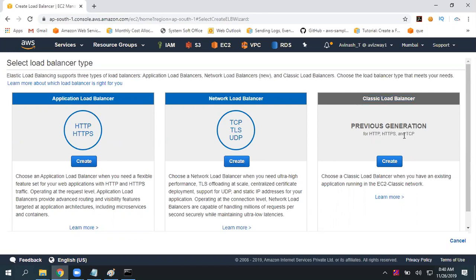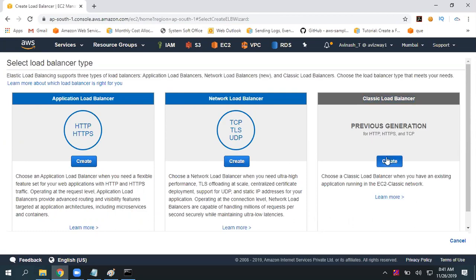Classic load balancer supports legacy protocols; you can go with HTTP, HTTPS, TCP, any of them. But we have a lot of drawbacks with this classic load balancer. You cannot run multiple applications. For example, I want to run one application on port number 80 and another on 8080, or I want to route traffic between multiple resources. Those scenarios are not possible with the classic load balancer. But for today, we are going to discuss that one, and next session we will discuss the others. The mechanism is the same; no change in mechanism. The configuration part is different.